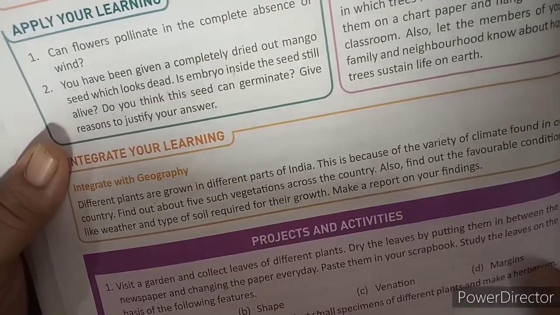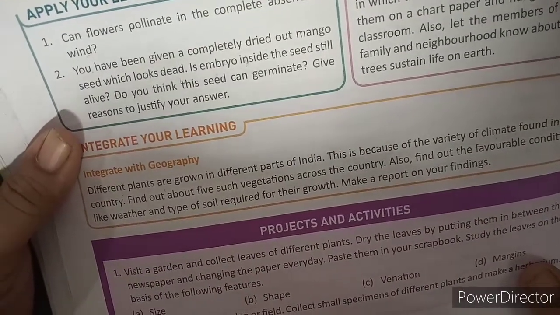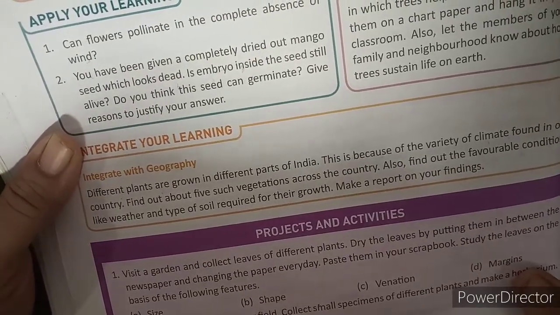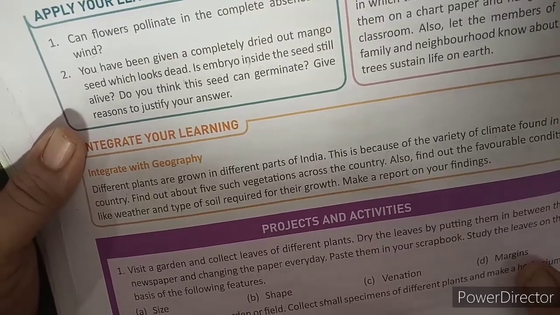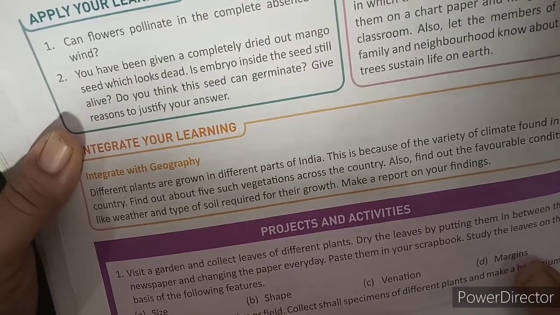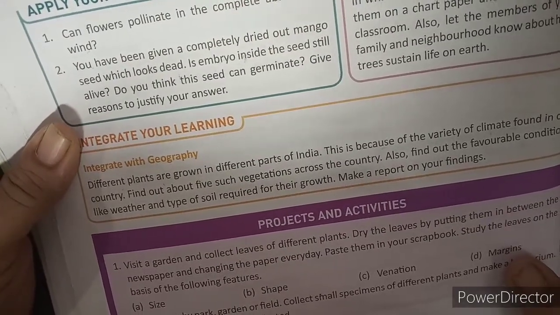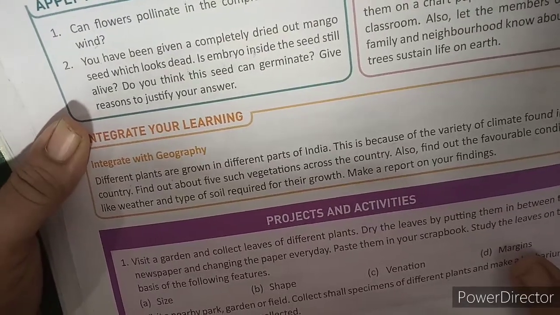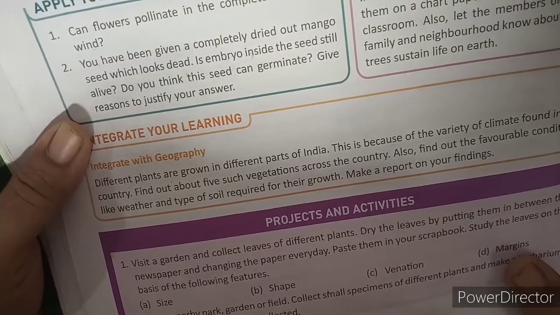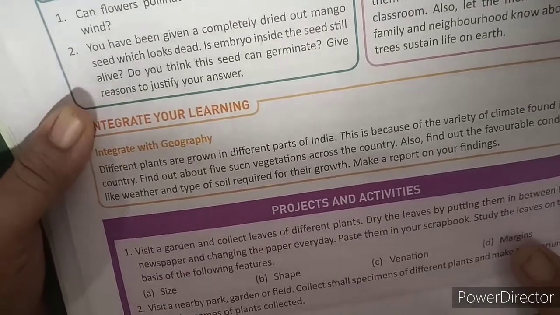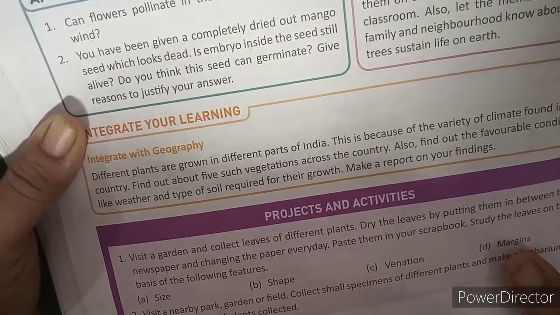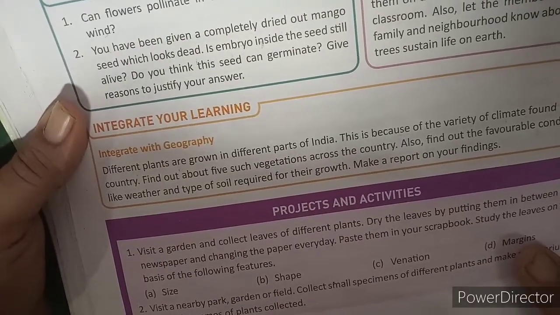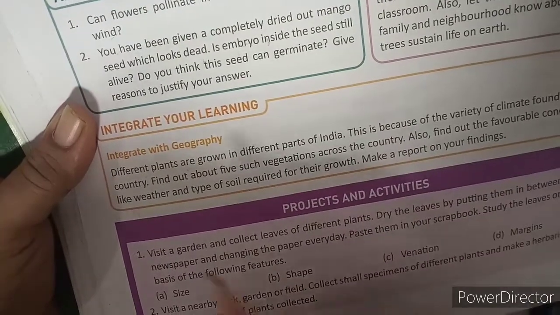And climate and environment are also helpful for the production of different types of plants, isn't it? In Kashmir apple trees can be found, but in Mumbai we cannot find an apple tree. Why? Because in Kashmir the climate is cool and it is a mountain area, but Mumbai is not a mountain area and the climate is not so cool like Kashmir. So different types of plants are produced in Mumbai and in Kashmir. This is a small example I have given you regarding integration with geography.